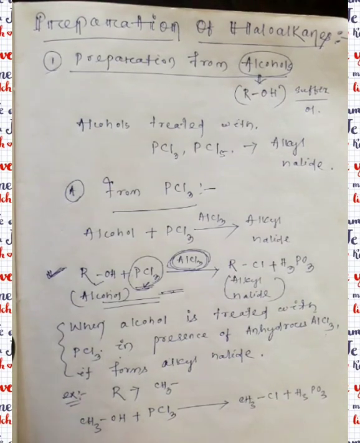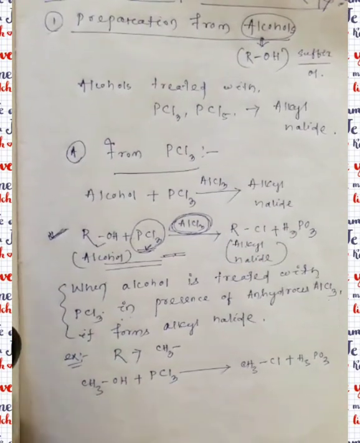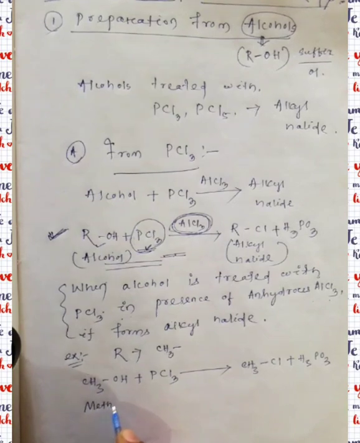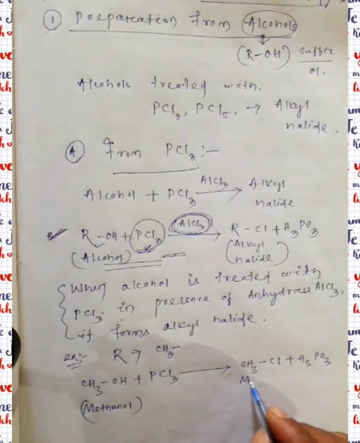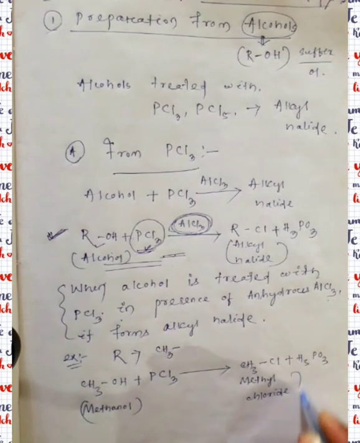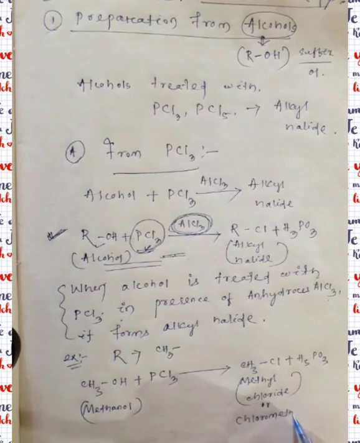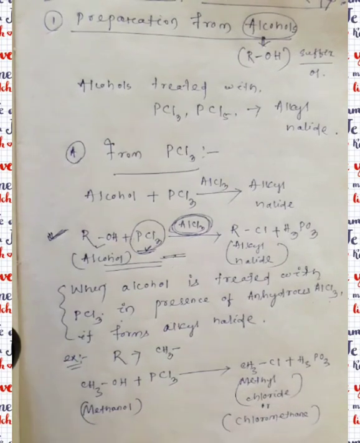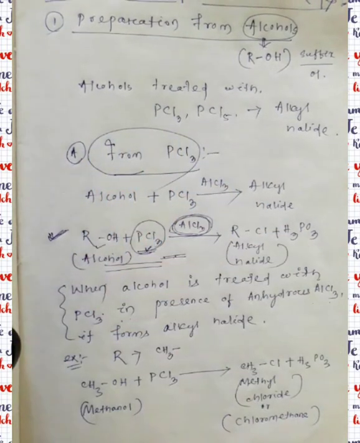CH3OH is methanol. And it forms methyl chloride, or we can name it as chloromethane. Chloromethane. This is the preparation from alcohol. First preparation is from PCl3. Likewise,